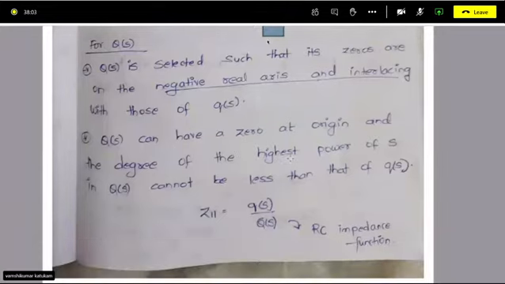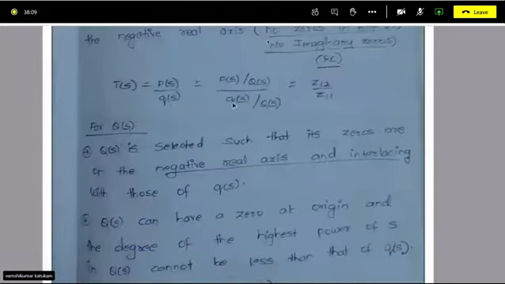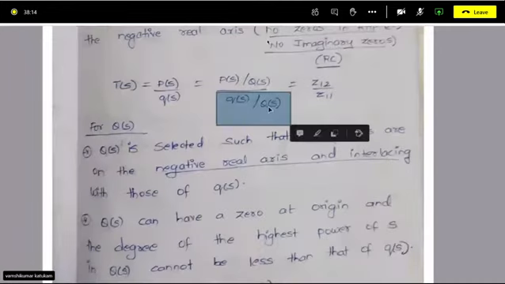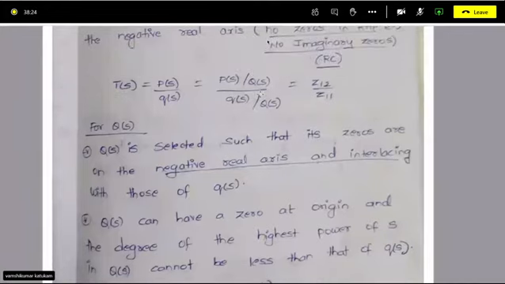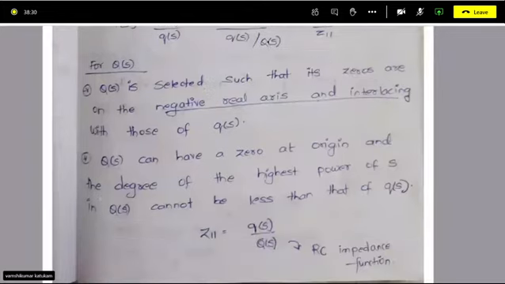The degree of capital Q of S cannot be less than that of small q of S; it must always be greater. That is the meaning: the degree of the highest power of S in capital Q of S cannot be less than